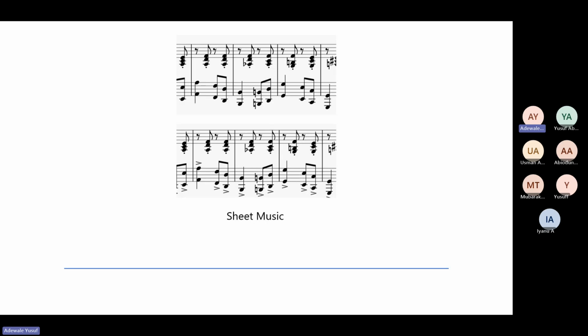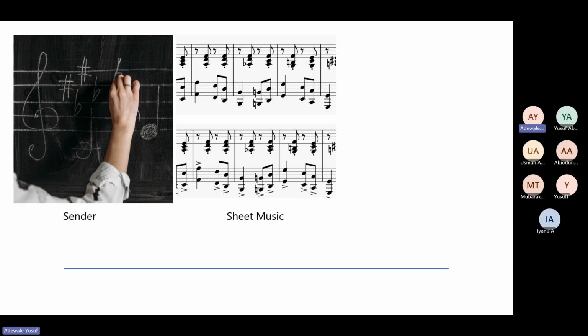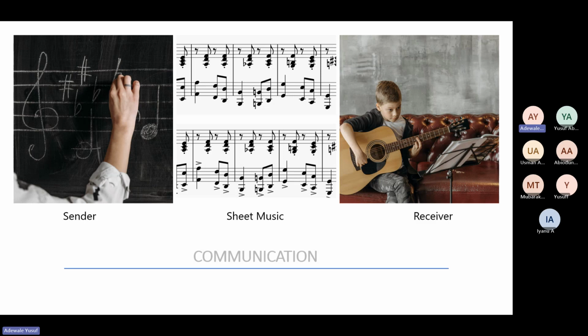Now, sheet music is something that whoever can write music can write. No matter where you are staying, whether you're in Nigeria, abroad, or in Canada, anywhere you are, as long as you understand how to write sheet music, then you'll be able to write it. Now, when you write the sheet music, anybody in the world can read it, as long as that person is a musician or somebody that understands how to read music. For me, if you ask me to read this, I definitely cannot. But the people that understand it, they can read it.